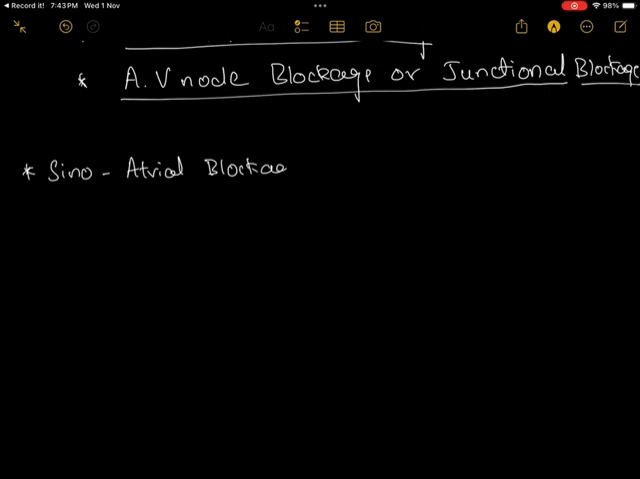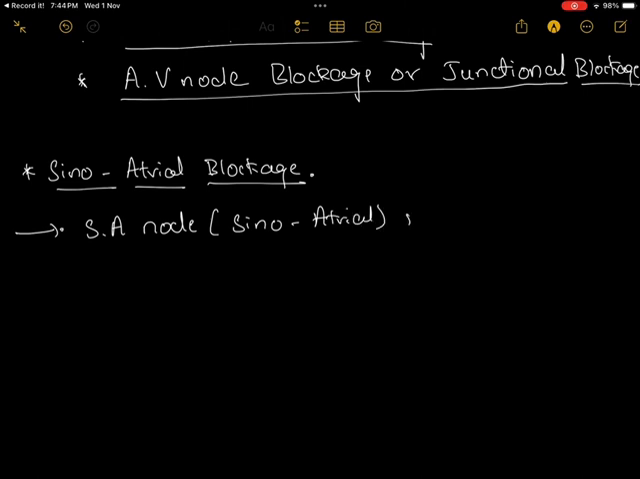So what is the forum of discussion here? As the term itself defines, the sinoatrial blockage, we are known with the phenomenon that the SA node, or what we call the sinoatrial node, is the pacemaker of the heart. Why is it called the pacemaker of the heart? Because